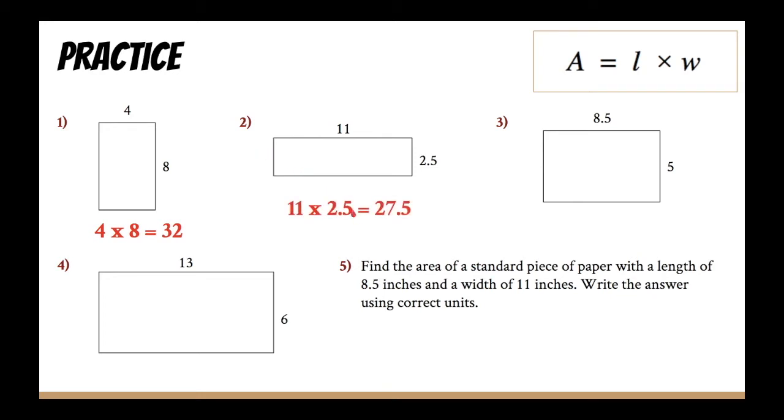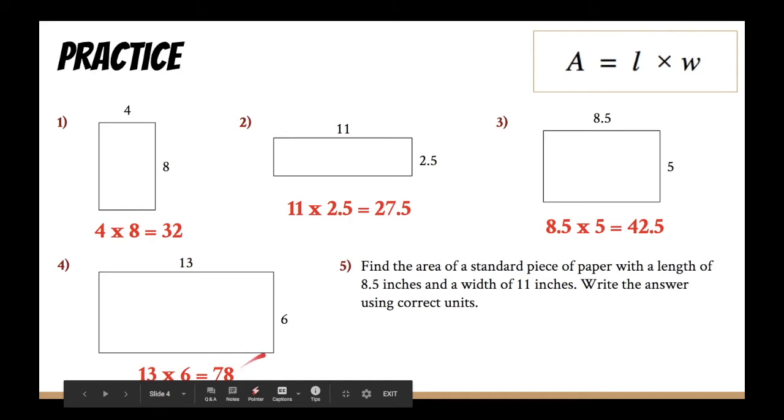Multiplying the length 11 and the width 2.5 will give you 27.5 as the answer. Now on to number 3. The answer will be revealed in 3, 2, 1. 8.5 times 5 gives you an area of 42.5. How about number 4? The answer will be revealed in 3, 2, 1. If you're getting the hang of this, you'll know that 13 times 6 will give you the area, which is